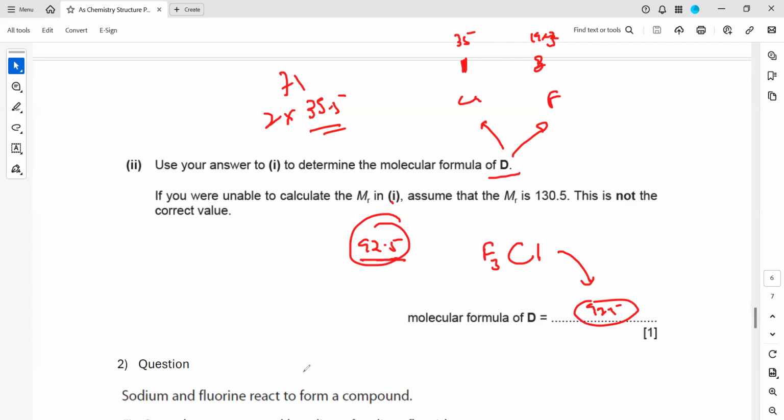So basically there's no calculation. I could also use the idea of making a mathematical equation, but there is no need. It's only 1 mark. You just have to use the idea that it should